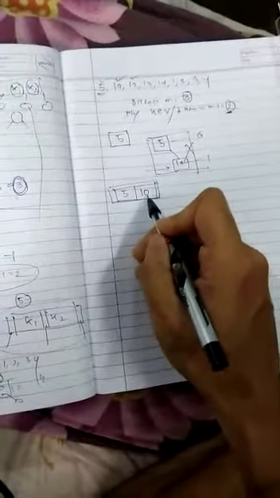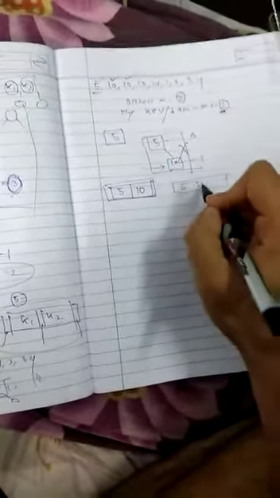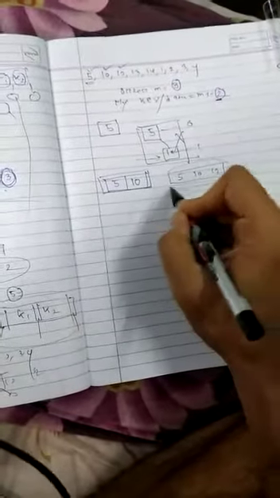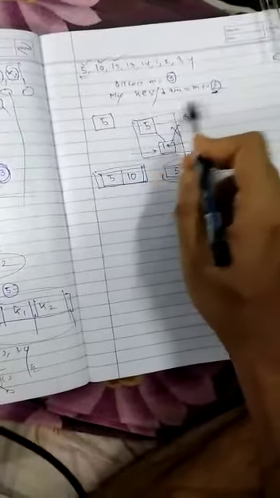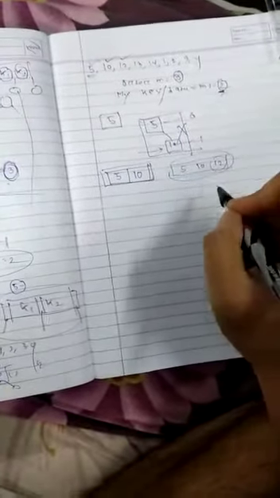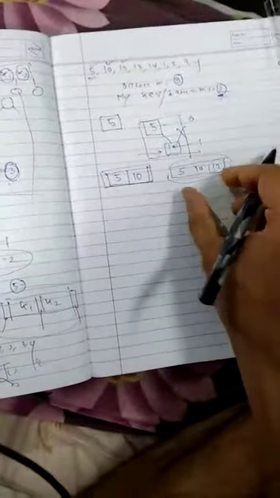Next, when 12 comes, we have to check where 12 goes. At the right side, we first enter it, so the node has 10 and 12. Next, check whether it satisfies the property. The level is the same, but the maximum number of keys for a B tree of order 3 is 2, so it violated the rule. So we have to split it.